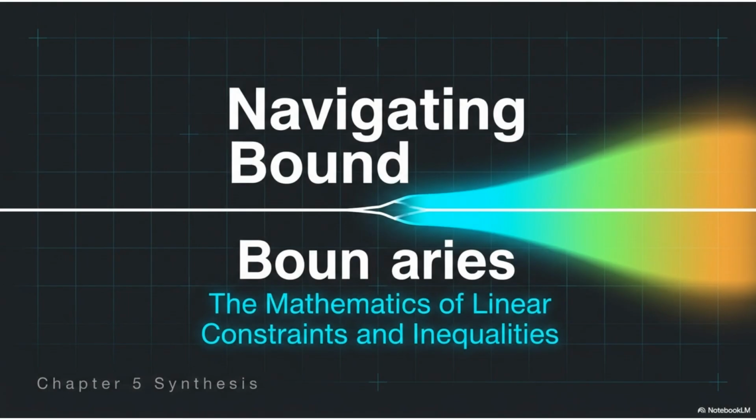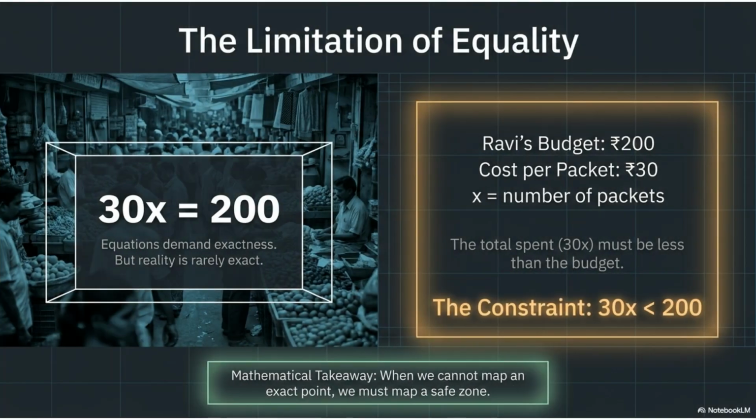Welcome to this video on navigating boundaries through the mathematics of linear constraints and inequalities. We'll explore how these tools help us define ranges of possibility. Equations demand exactness, but reality is often more flexible. When we can't map to an exact point, we must map a safe zone using inequalities, as shown in this